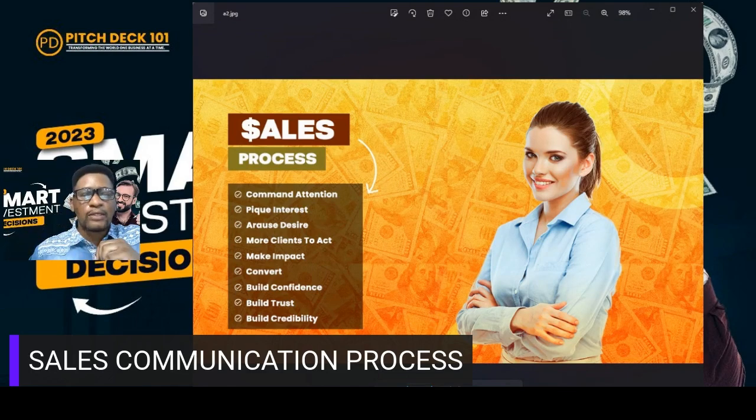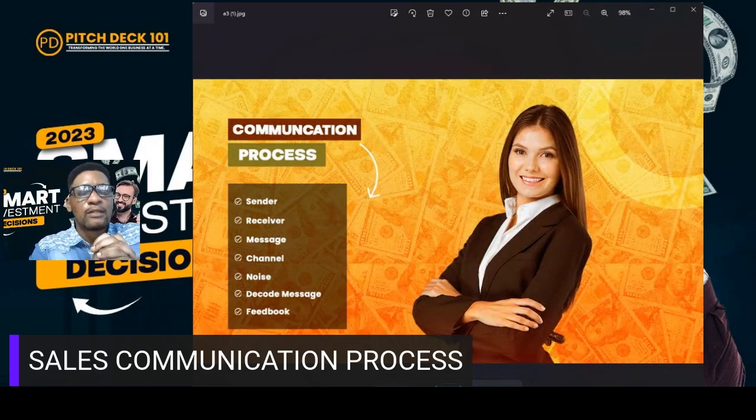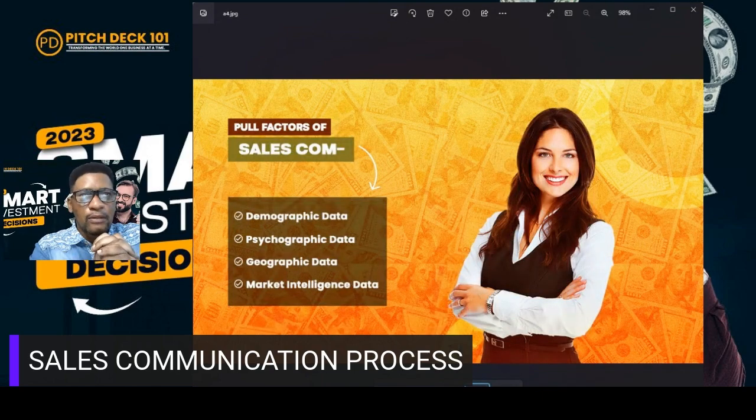But I want to dig in a little deeper into the clinical decision, and then I'll come back to the sales communication process. In any attempt to optimize the positive results of sales, it is important to understand the foundation on which all sales should be based. And I repeat, in order to increase the chance of making a sale, it is necessary for you and your team to understand the foundation upon which all sales should be based.